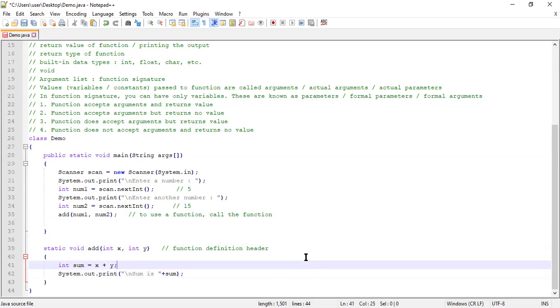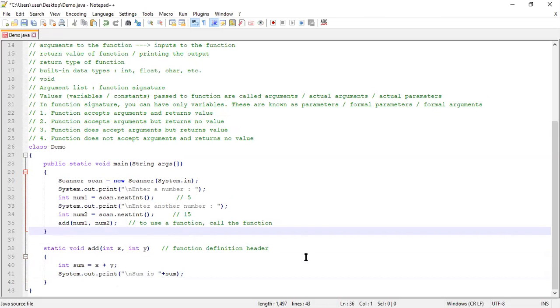So instead of having the print statement in my main, I'll have it in my function itself. Now you can see that this function is accepting arguments, but it's not returning any value.